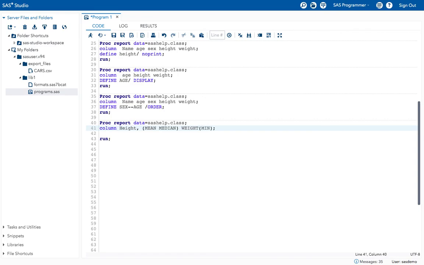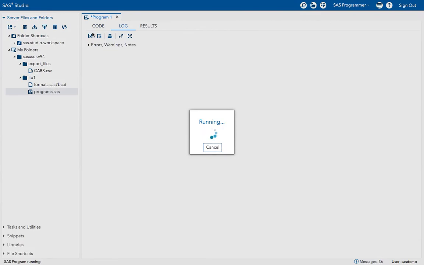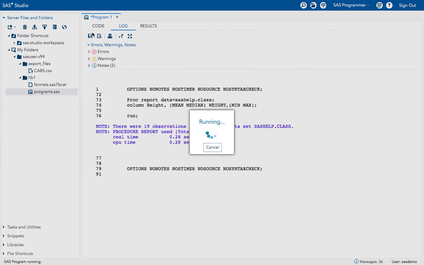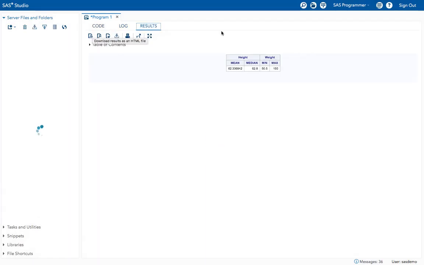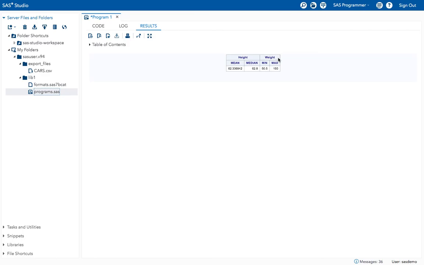Give it in the minimum and maximum. Separate this with a comma. Now execute the program. Now I got mean, median values for height, minimum and maximum values for the weight.